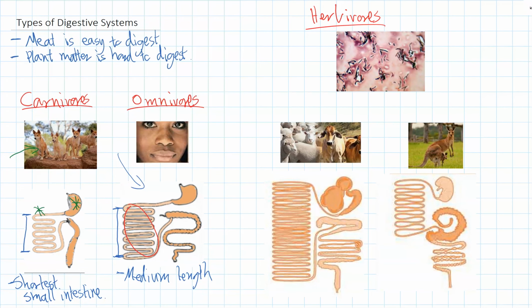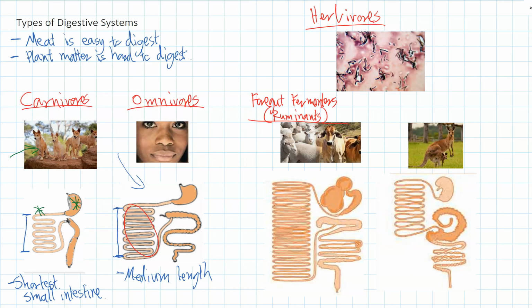And then in herbivores, they've got the longest small intestine. But it actually differs between two different groups of herbivores. So we're going to look at these two different groups, and you'll need to know the differences between them. So what we have in the first group, these are called Foregut Fermenters. And the other name for them is ruminants, if you've ever heard that. So Foregut Fermenters,